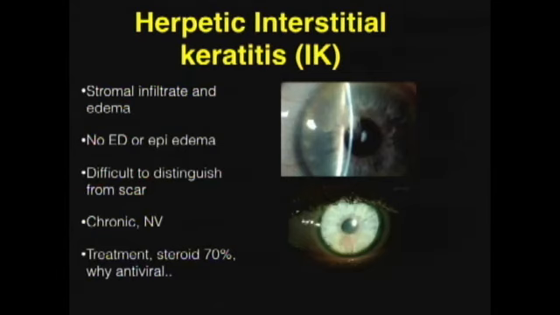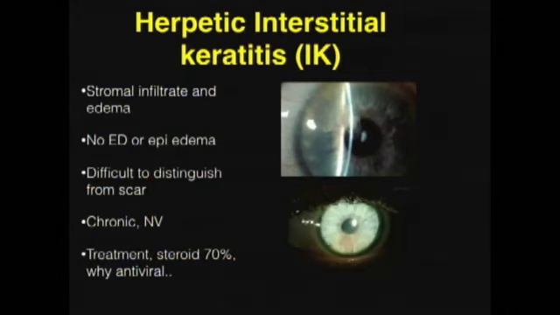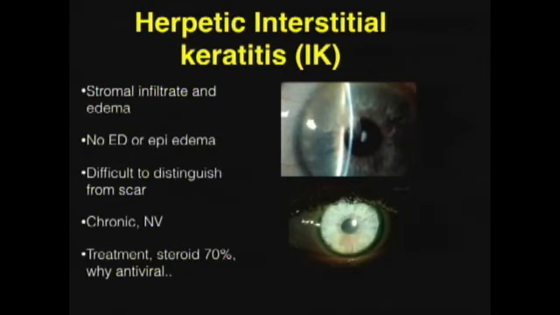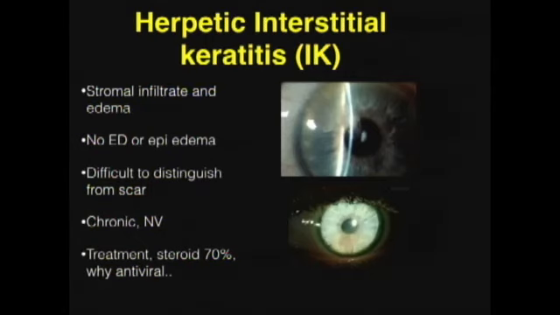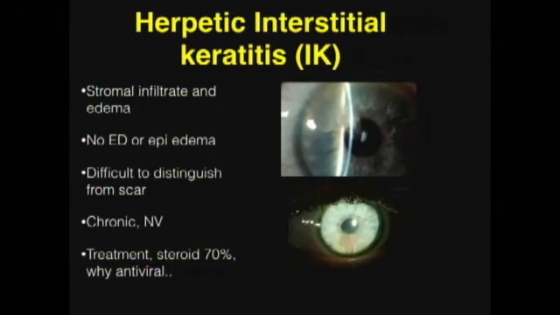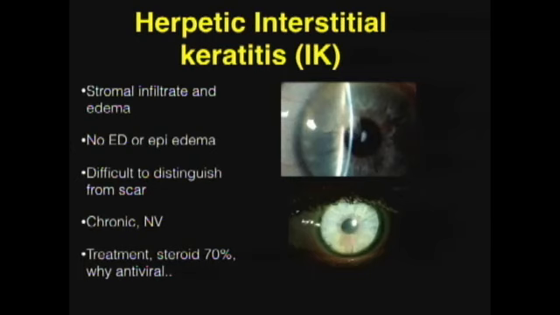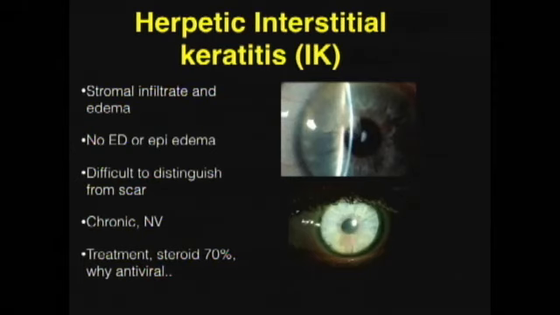What's the treatment for interstitial keratitis? Steroid. Excellent, because it's an immune reaction. But do we have to give antiviral? Why? Someone mentioned to cover something here. To cover what? Excellent. If you give the steroid alone, you might get an epithelial keratitis, which is an active infection. Number two,